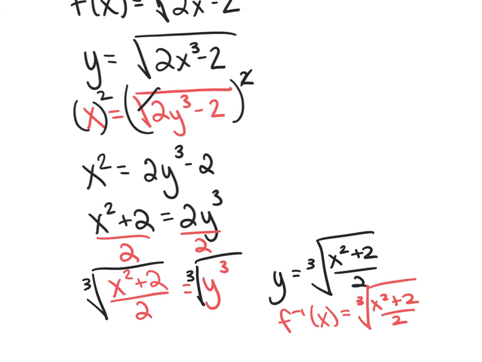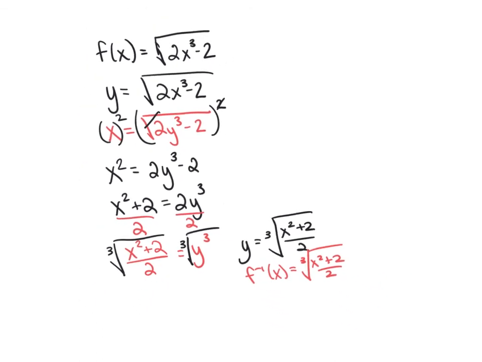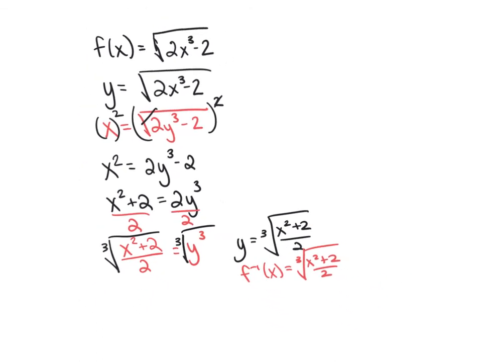And so we can actually show that these are inverses of each other. And I wanted you to look at it real quick before we continue. You can see the inverse operations taking place. Notice this has a square root. We've introduced a square here. Notice this has a cube. We've introduced a cube root here. They're inverses, so you're going to see that take place. But let's show it one way. If you can show it, generally if you show it one way, you should be able to show it the other way as well. So we'll show that f